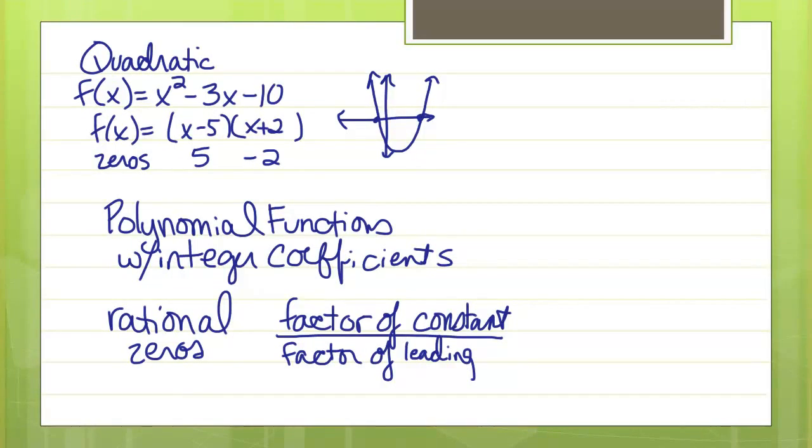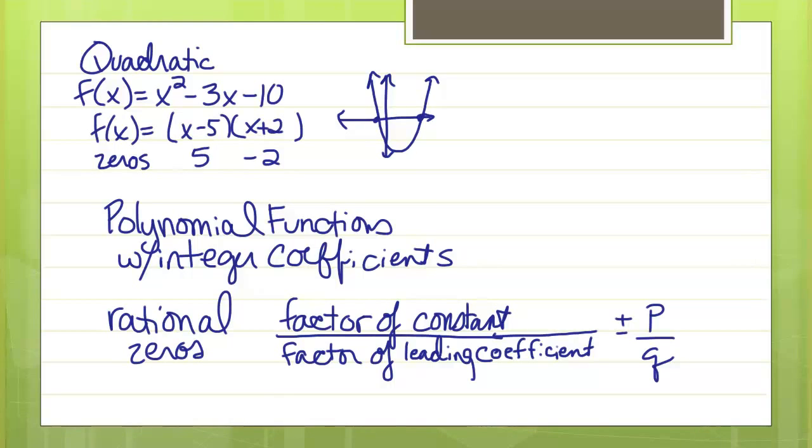coefficient. Now, I told you that we've been talking a lot about the leading coefficient's sign, and I told you eventually we're going to need to know the number of the leading coefficient. And they tend to talk about this as, and we're going to take the positive and negative versions, so plus or minus p over q. Not that critical that you know that, but if you see it, if you look in the book, that's what you're going to see. If you look at it in any other kind of text, that's what it's going to be. So what that means is if I took our quadratic function that we've already talked about,